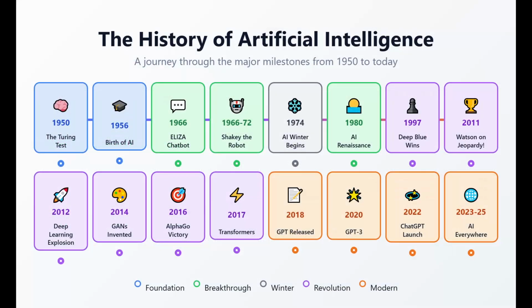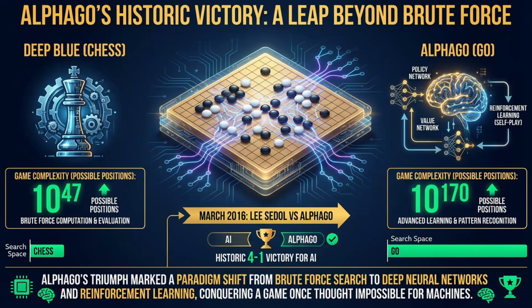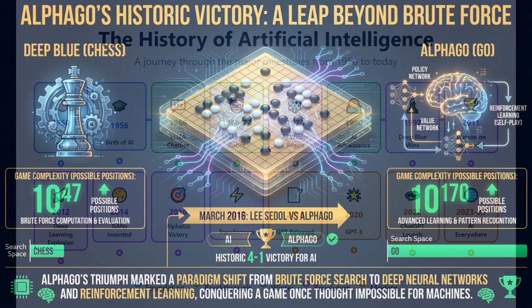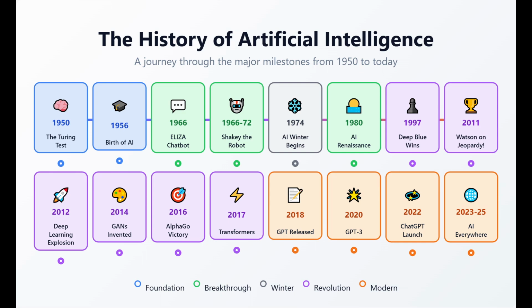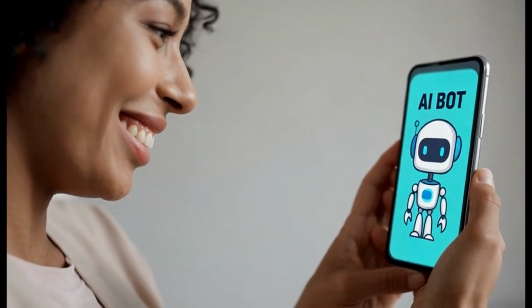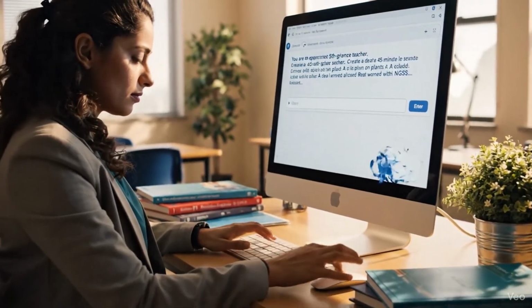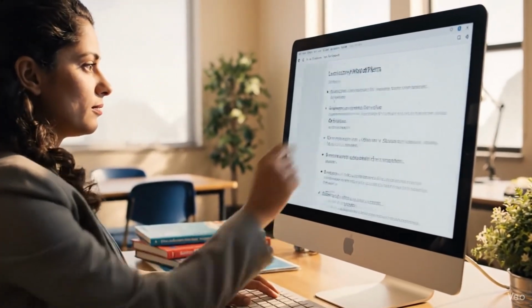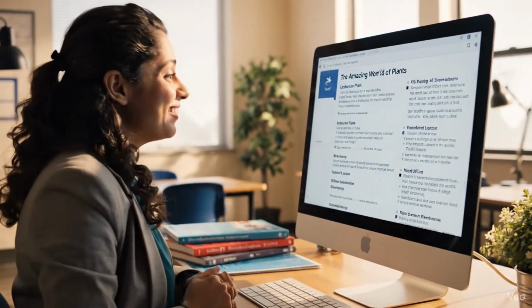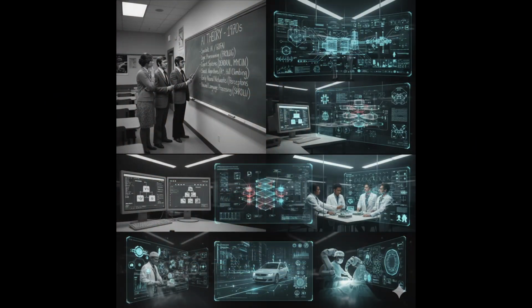Look at the timeline. In 2012, AlexNet crushed the image recognition competition, proving deep learning was superior. Then came AlphaGo in 2016, showing strategic creativity. And by 2022, ChatGPT brought generative AI to every household. Think about your own daily life. AI is no longer a futuristic concept. It's powering your phone, your streaming recommendations, and even the tools you use for grading. This shift from research curiosity to essential technology is the most important change of the last decade.